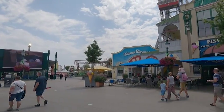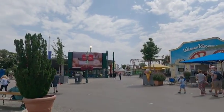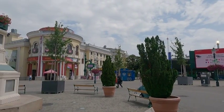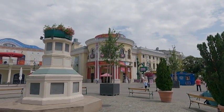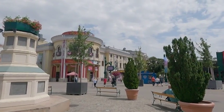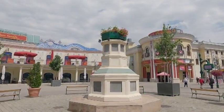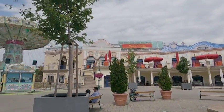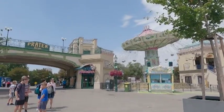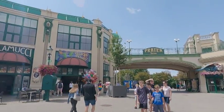In the 1500s, it was a hunting area, and then in 1766, Emperor Joseph II decided that this should be public for everyone, and they still hunted on it. There's land behind here that they still hunted on until 1920, and of course it did have some of the stuff that happened in World War II. It was kind of destroyed, but they've always made sure that at least this